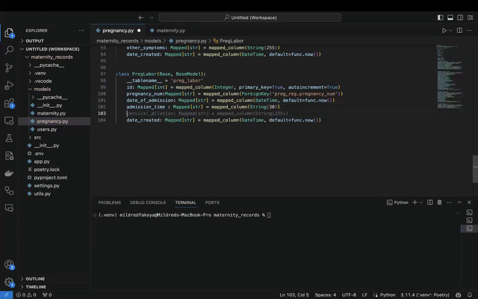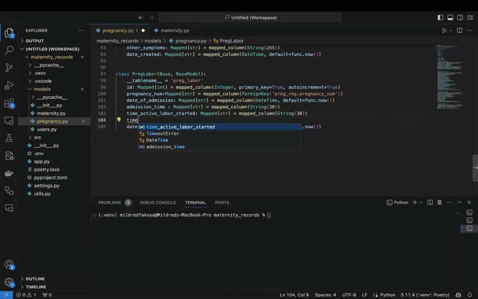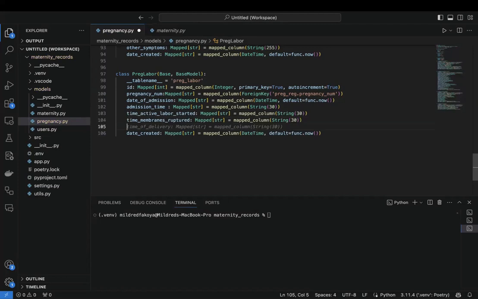Let's look at the time active labor started. Let's look at the time membrane ruptured. Let's look at the time second stage started, time of delivery,